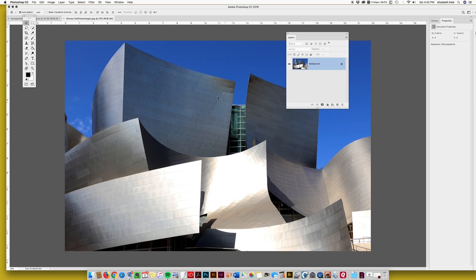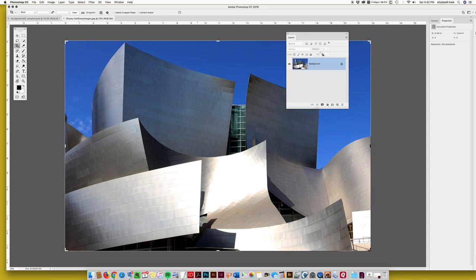There are a couple of ways of doing things. I tend to use the crop tool by going to C. In the crop tool, you can see that a bracket gets put around the image. There are handles on all four corners and in the centers of the sides. In the crop tool, you want to go up to your option bar, and this time, instead of it being in ratio, you're going to change it to